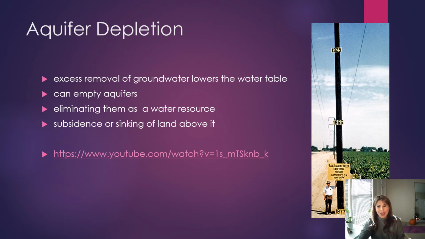So that leads to aquifer depletion. This is an excess removal of groundwater, which lowers the water table, can empty aquifers, and pretty much eliminate them as a water resource. So if we're taking all that water out and there's no law about taking groundwater out,